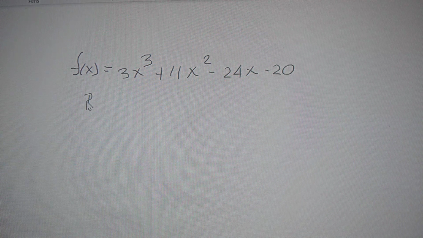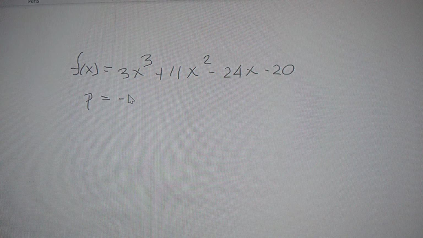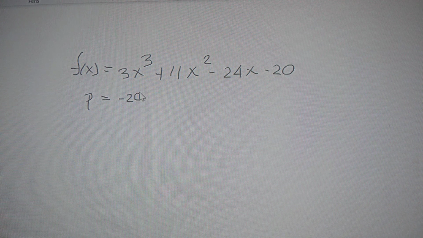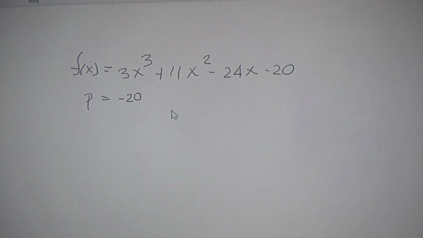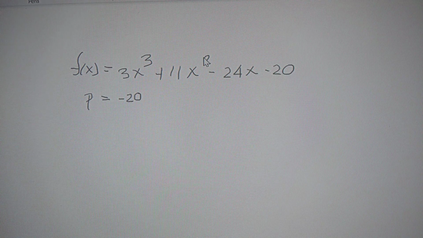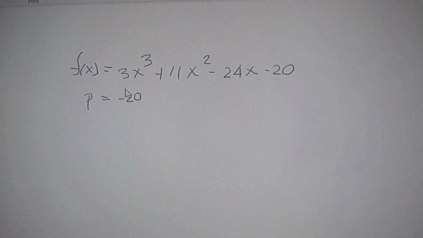Okay, what are the factors of minus 20? Well, we know that we have positive, positive, positive, negative. The factors are